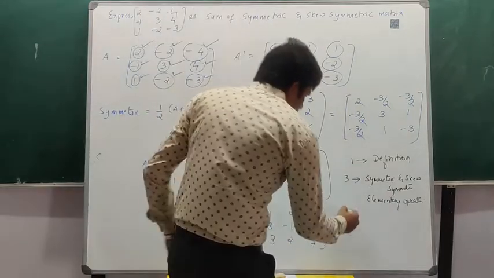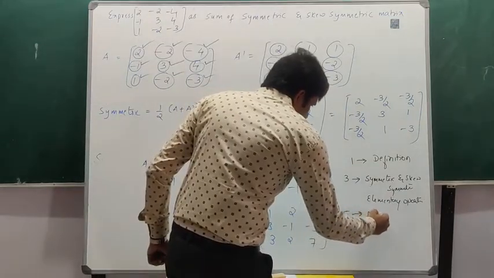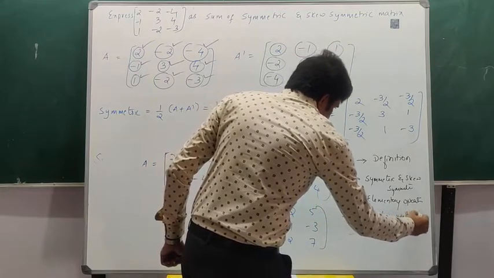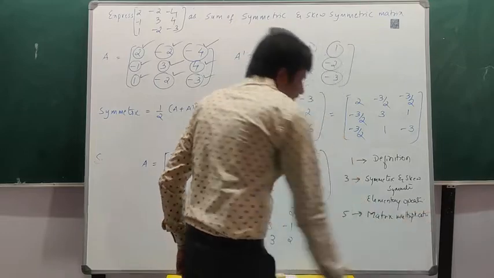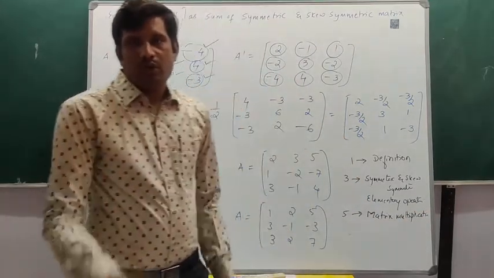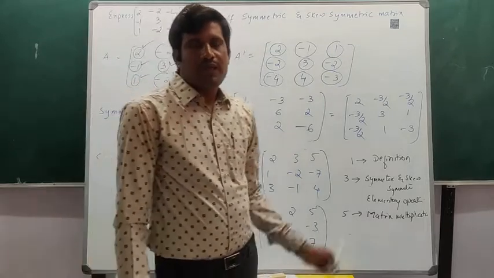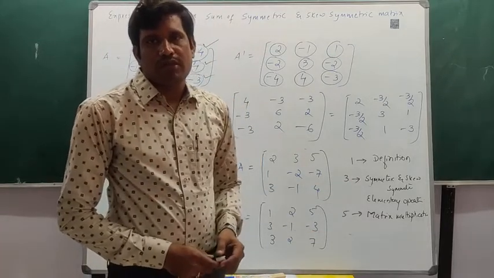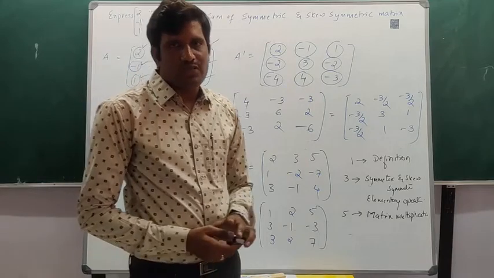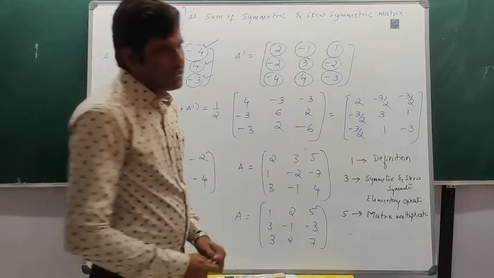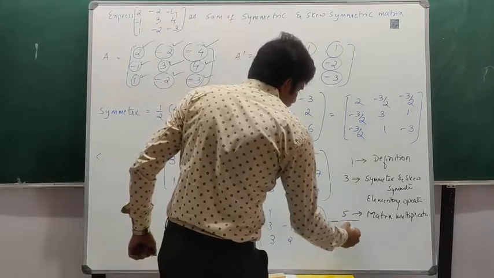And 5 mark question already I told you. So that is on matrix multiplication. So we have seen there are around 5 problems. Already explained all the 5 problems. So that is A into BC is equal to AB into C. A into B plus C is equal to AB plus AC, and given matrix A, then prove that A cube minus 43A minus 23I equal to 0. So such problems. So there is one 5 mark problem on matrix multiplication. So the weightage of this topic is 9 marks.